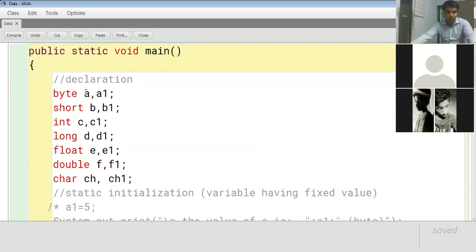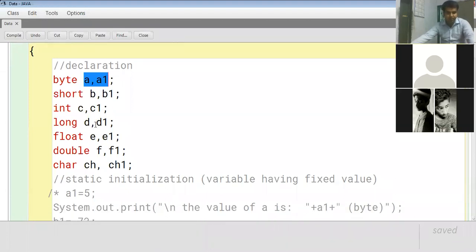Out here, a, a1 is written beside the data type. Since it is written beside the data type, we can consider this to be a variable, that is, a and a1 are of byte type. So a and a1 become identifiers. Another c, c1, d, d1, these are all identifiers, because with these names we can identify that these are variables.